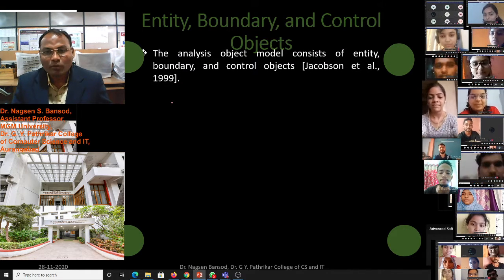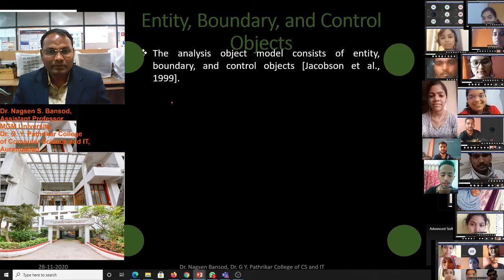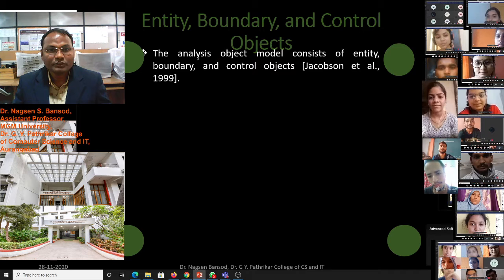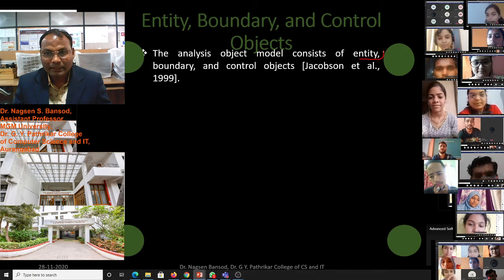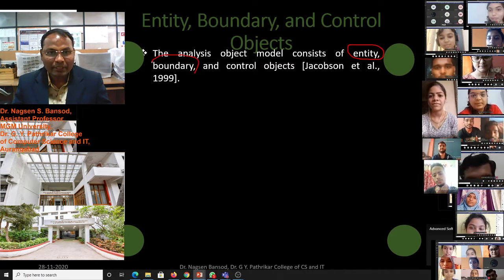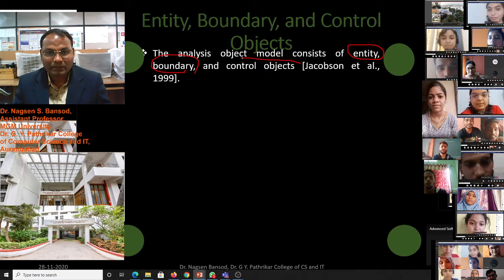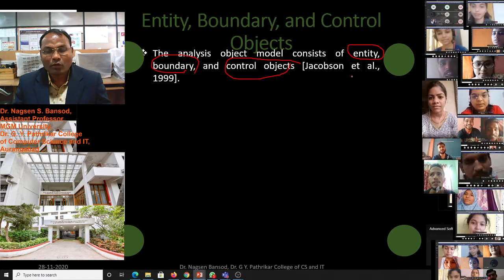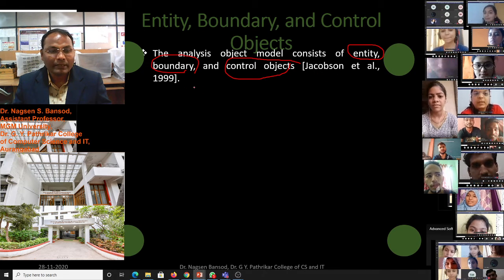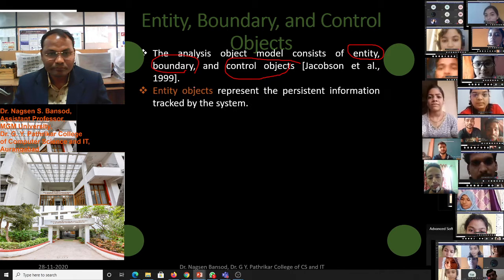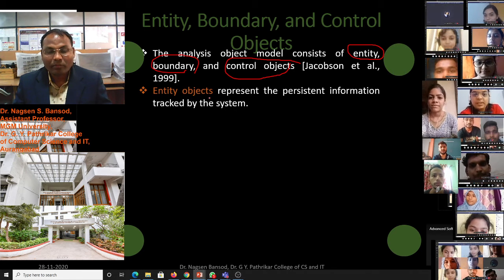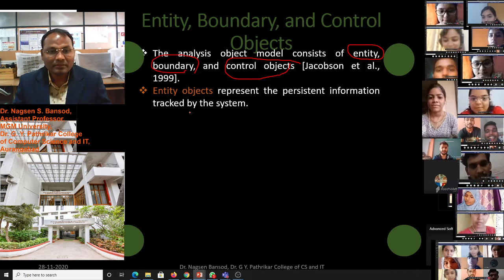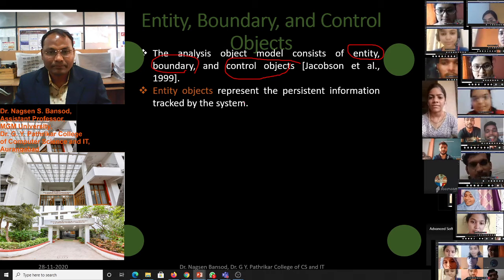The analysis object model consists of entity, boundary, and control objects, which is given in Jacobson's book in 1999. Entity. What is an entity? It represents the persistent information tracked by the system.